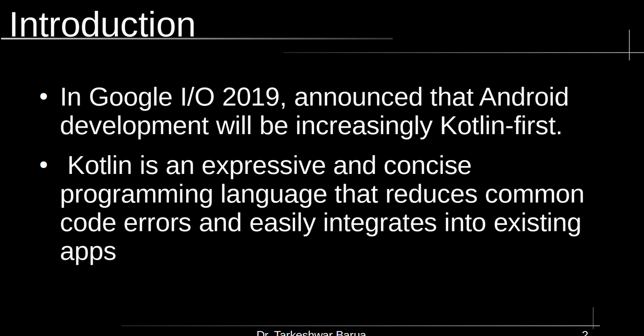In 2017, Google announced Kotlin as a second language for Android development, and from 2019 onwards, Android said Kotlin will be the first language for Android development, and Java will be the second one. In 2022 onwards,